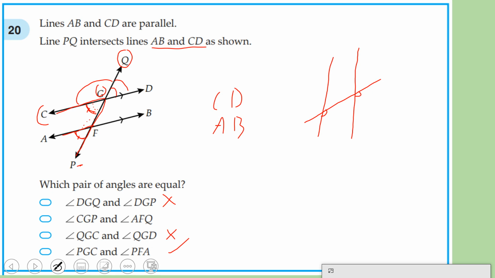It's worded in a little bit of a strange way because of where the letters are, just a little bit poorly labelled, I think. Also, just to confirm, CGP goes from C to G to P, and it's saying the same as AFQ, but it's not, because it's saying these two interior angles are the same, but they're actually not. The way that you'd normally be able to tell